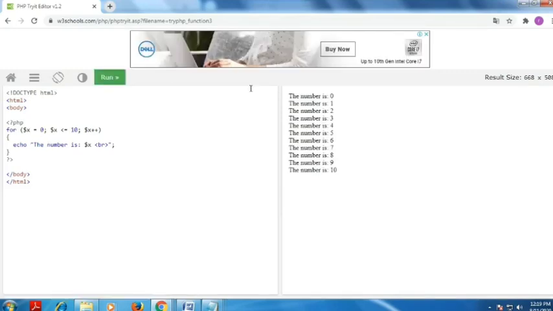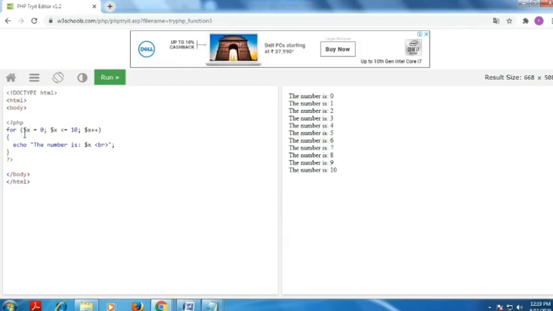You see, you start with 0, number is 0. Then you go for increment here, 0 plus 1, 1. 1 is assigned, 1 is less than or equal to 10. It repeatedly goes on till the last, 9. 9 plus 1 is 10. 10 goes to assign here. 10 less than or equal to 10. Actually 10 is not less than, but equal to 10.